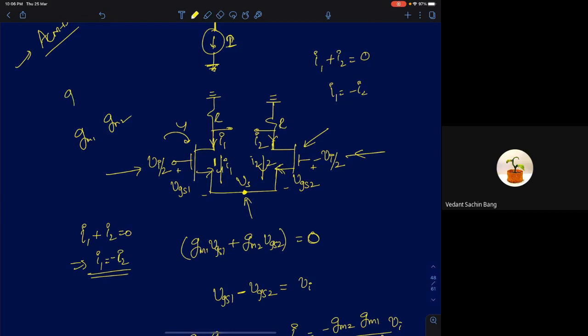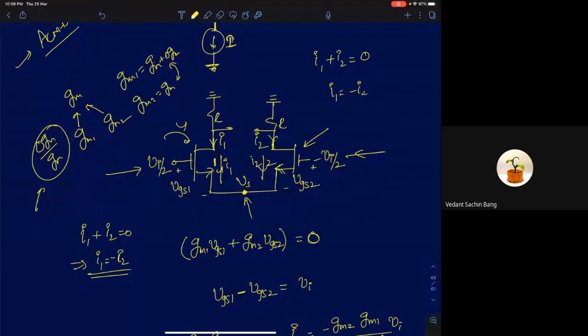Ideally, the GMs are both supposed to be equal to some nominal GM, but now I can say GM1 is something like GM plus delta GM and GM2 is GM itself. So there is a mismatch between the two GMs. And delta GM upon GM is the fractional error. Now if I have GM1 and GM2, I'll try to find out what is the voltage gain, differential voltage